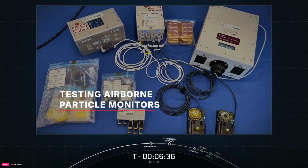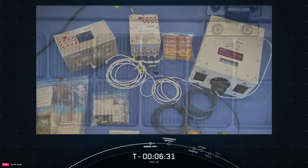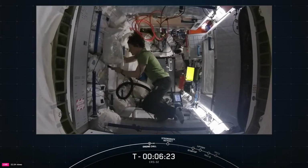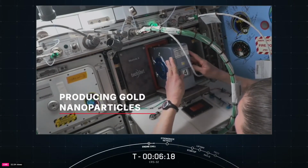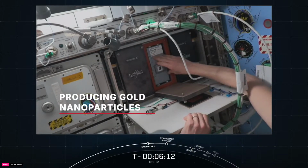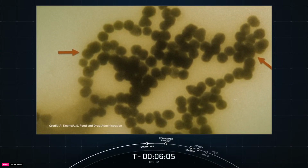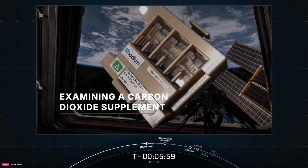The Aerosol Monitors investigation will test 3 different air quality monitors designed to detect airborne particles, like dust, that must be kept within safe ranges for crew health and hardware performance. Results will inform NASA's selection of the best device suited for future missions to the Moon and Mars. New industrial crystallization cassette hardware will add capabilities to an existing protein crystallization facility aboard the space station. This allows the processing of more sample types, including golden nanospheres, which can be used in devices that detect cancer and other diseases, or in targeted drug delivery systems. A new plant experiment will examine the